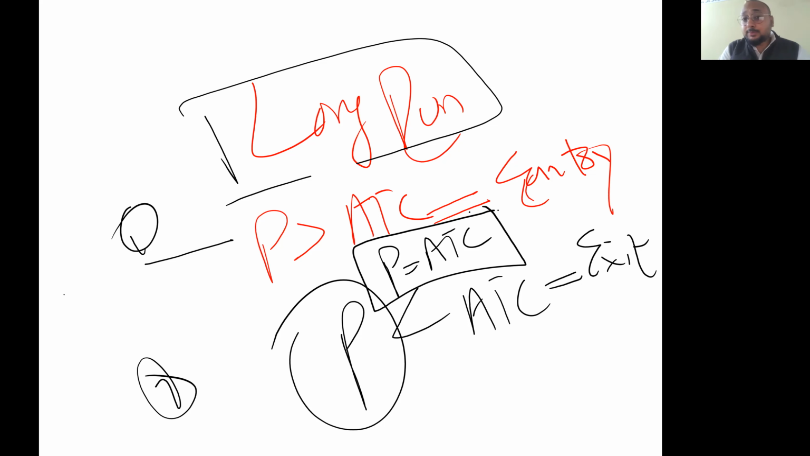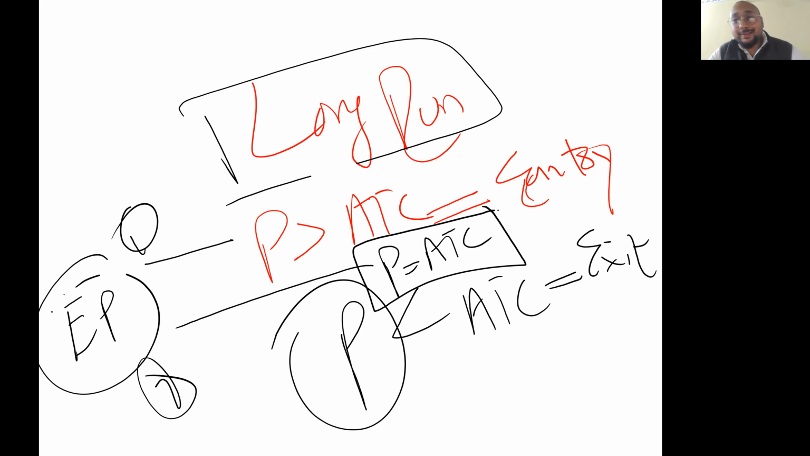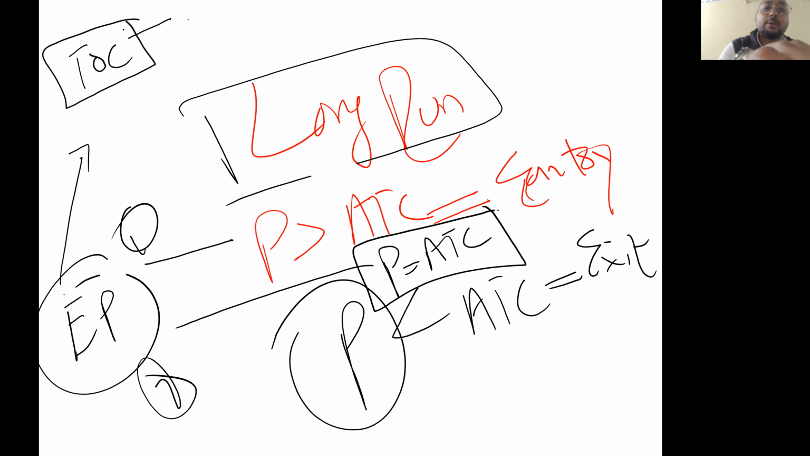So at this point, nobody is making any economic profit. So remember, in economics, cost is equal to total opportunity cost, which is equal to implicit